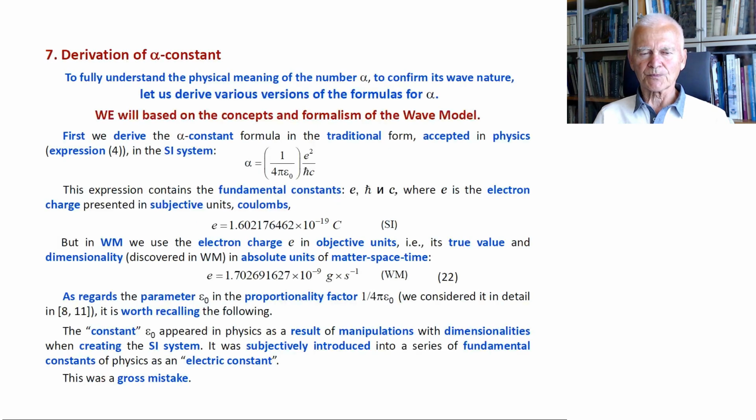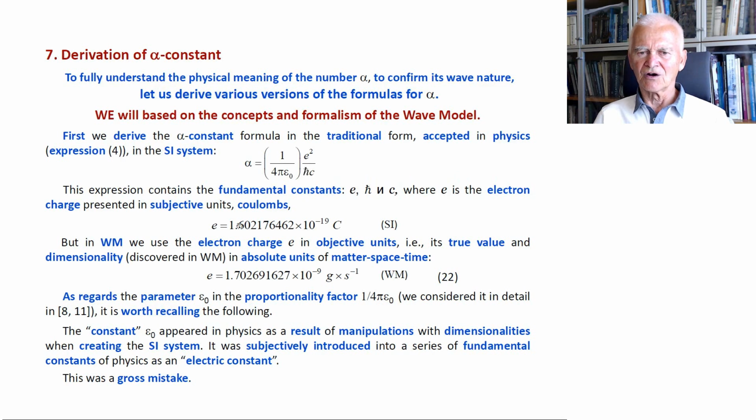Part 2. Derivation of the alpha constant. To fully understand the physical meaning of the number alpha, to confirm its wave nature, let us derive various versions of the formulas for alpha. We will base it on the concepts and the formalism of the wave model. First, we derive the alpha constant formula in the traditional form accepted in physics, the expression form in the SI system, this one. This expression contains the fundamental constants e, h bar, and c, where e is the electron charge presented